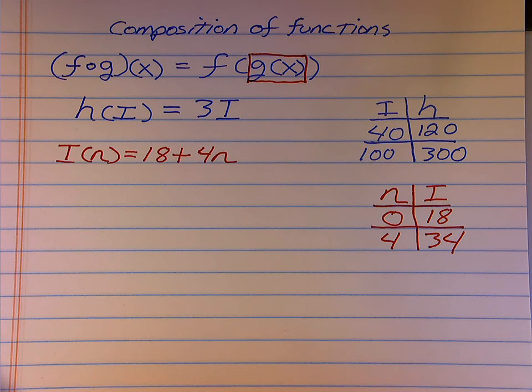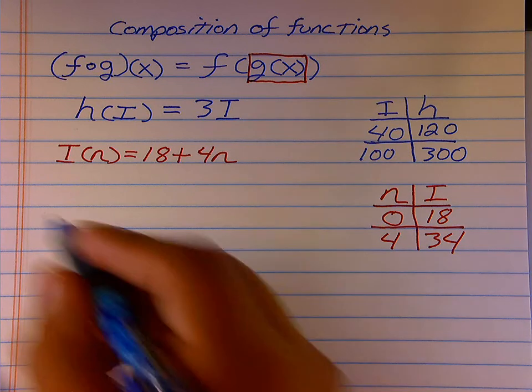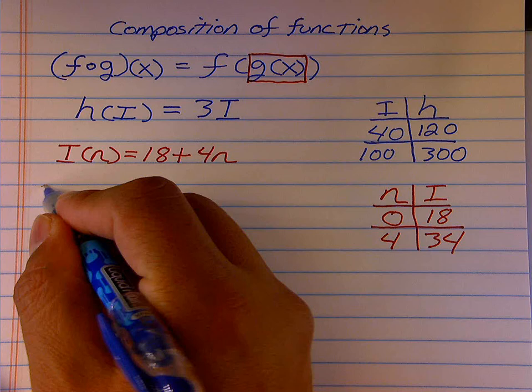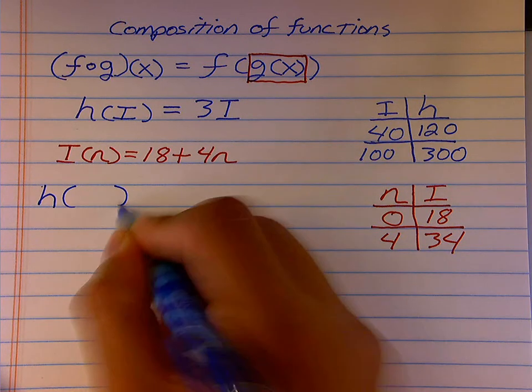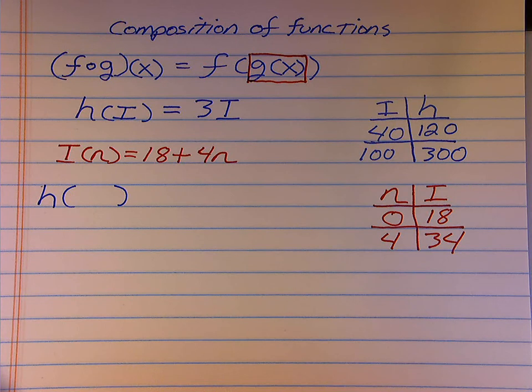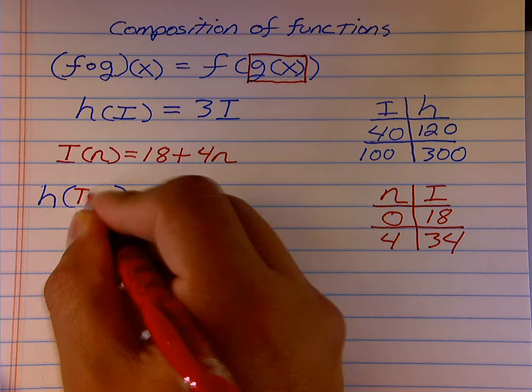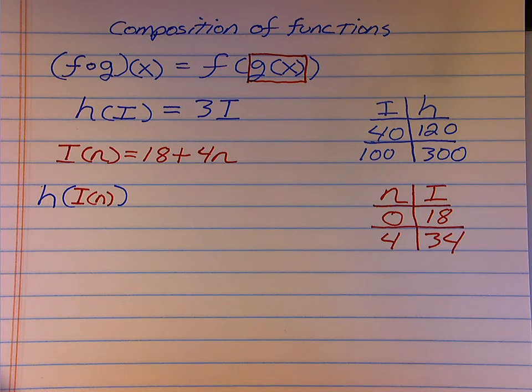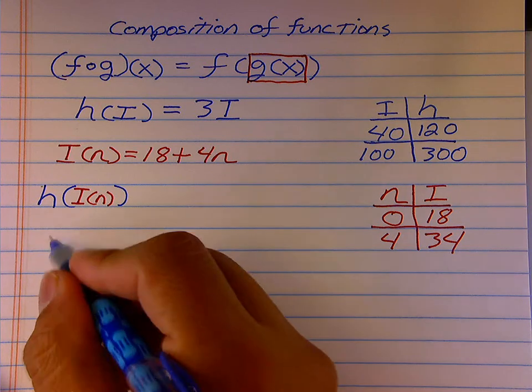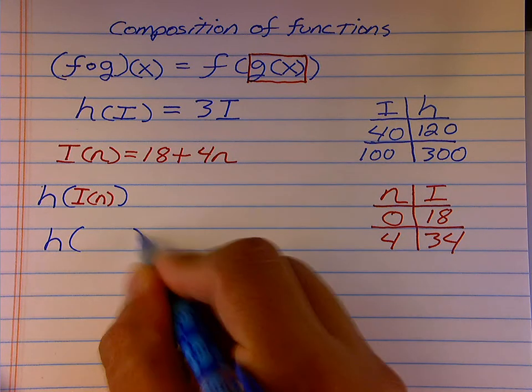Now, what we notice is the amount of house you can buy is a function of your income. Your income of your first job is a function of the number of years of education you have. So, this symbol here